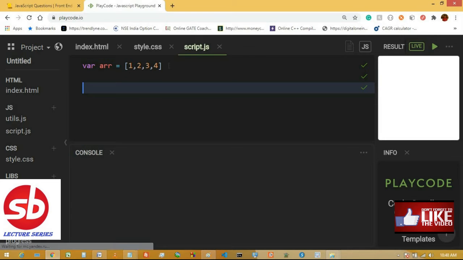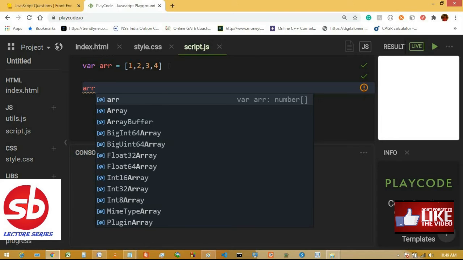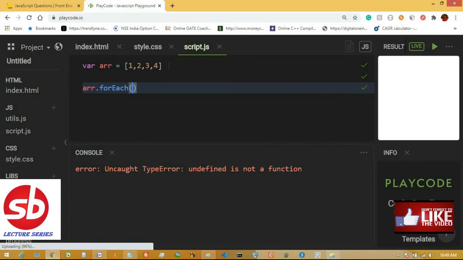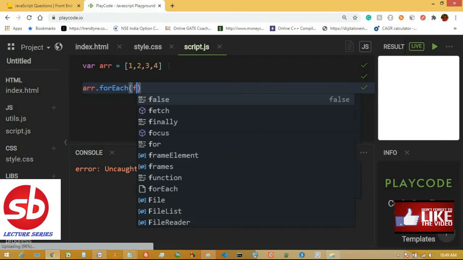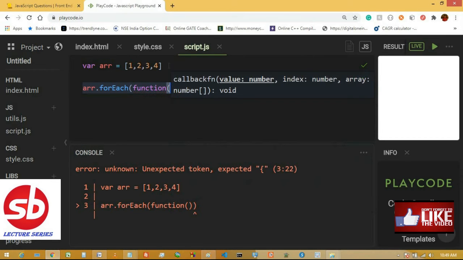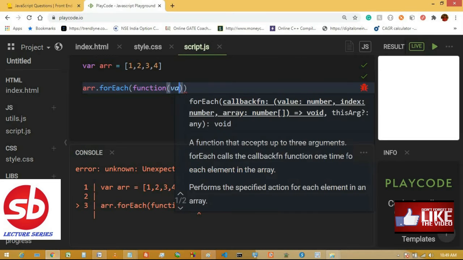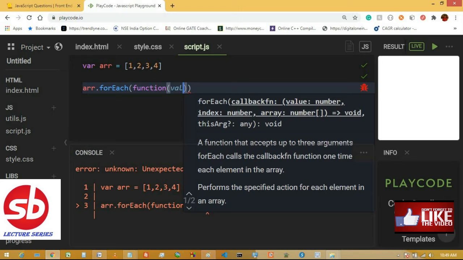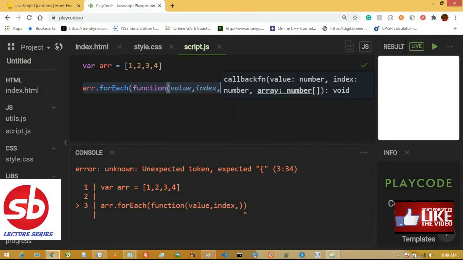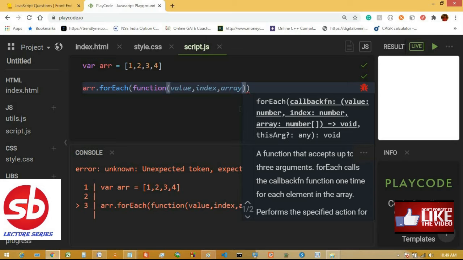For that purpose we have array dot forEach, and within that callback function there are 3 elements. You can see that value, index and array are showing. So the first is the value, second is the index, and third is the array.